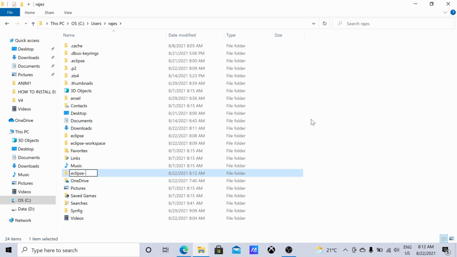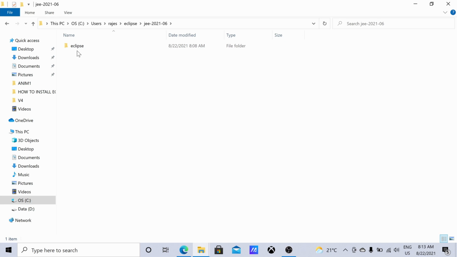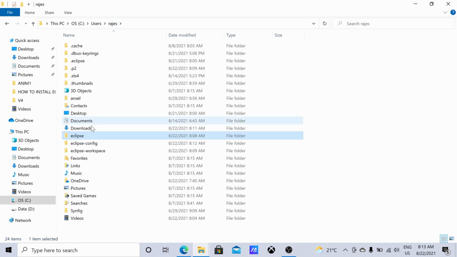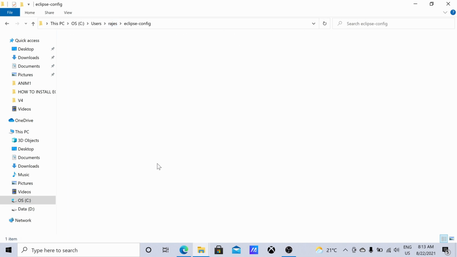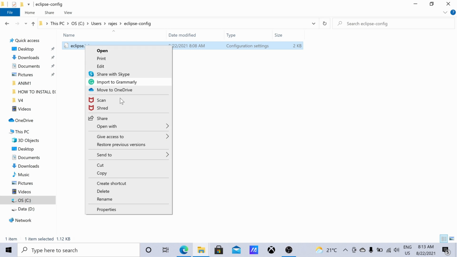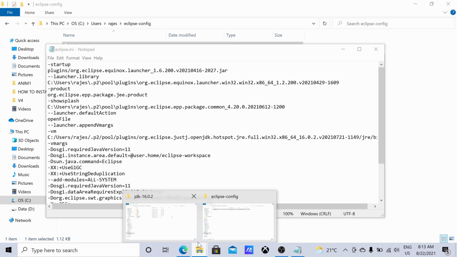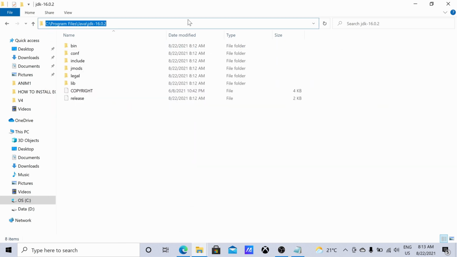Eclipse config. Okay, go to the Eclipse folder, copy the eclipse.ini, come back and paste it in the Eclipse config. Open eclipse.ini in Notepad or any text editor you have. Copy the JDK path,